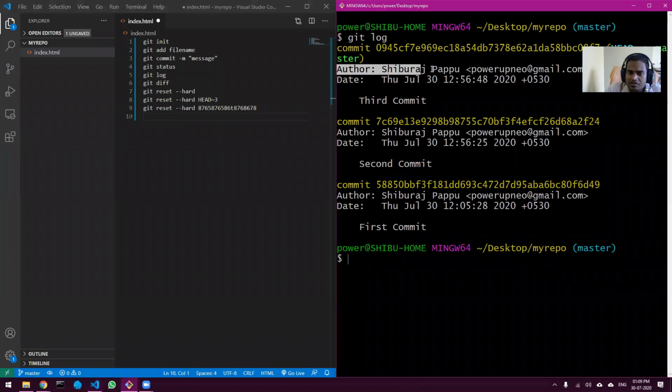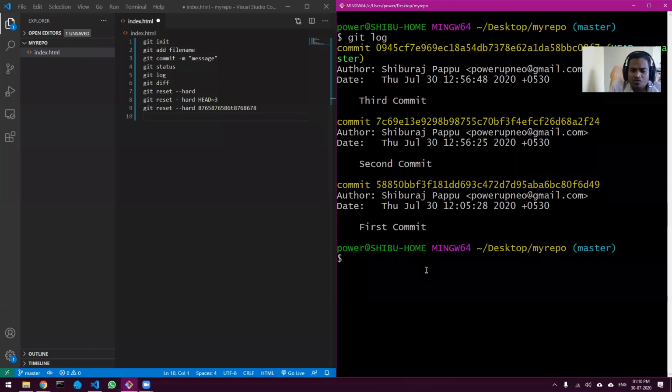The author part. You can see the author is my name, right? But then how did git know who is the author? That is what we are going to do now. This has to be done before you create a new repository. And if you forget to do it, and let me tell you, I always forget to do it, to set the name and the email address, it happens, but it is not that important, you can set it afterwards also. But it is better if you set it before.